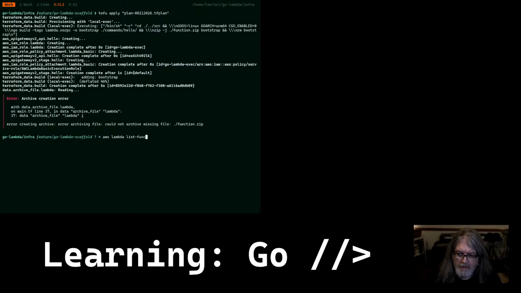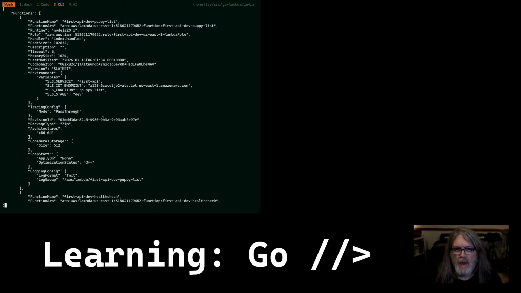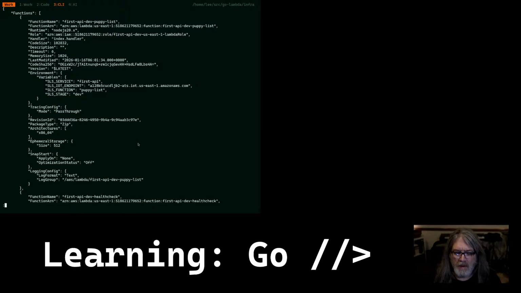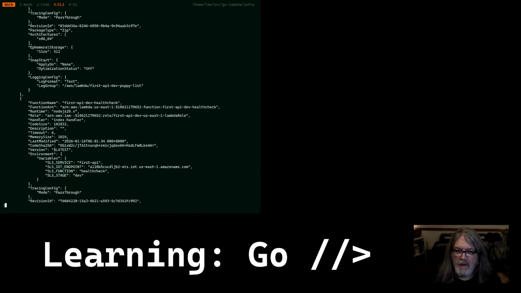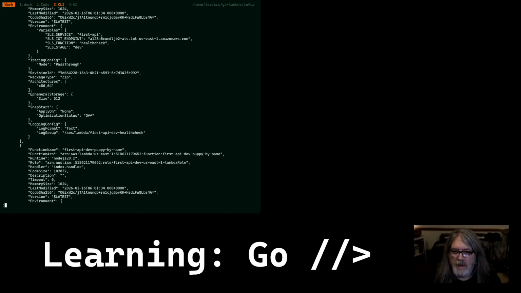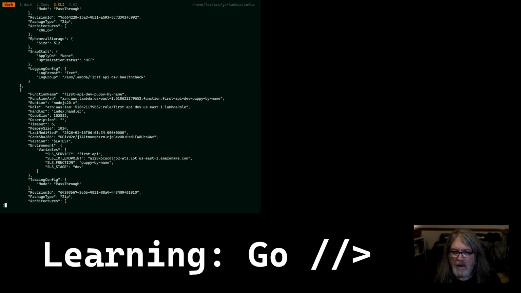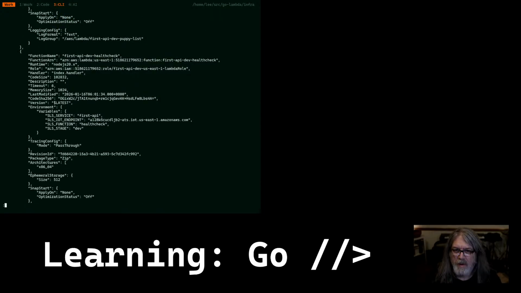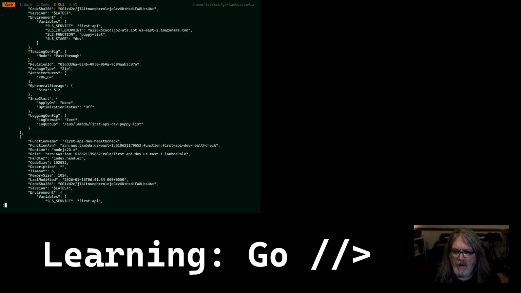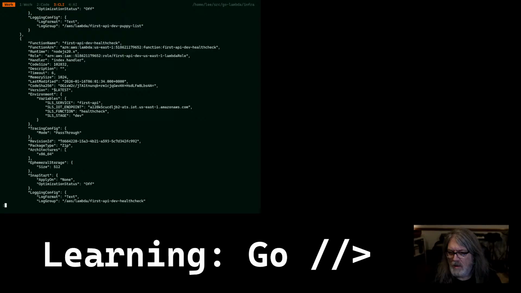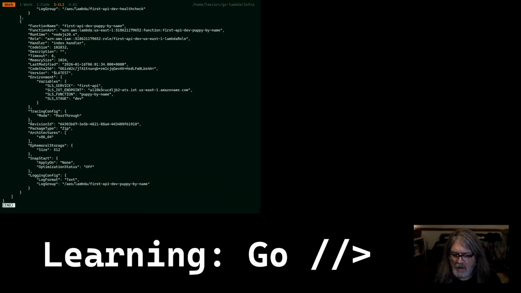Actually, lambda list functions. There's still just the one up there. Okay. Oh no, there's more. API dev health check. There's 3 of them up there. Where there are 3 functions. Master zip. Well, let's